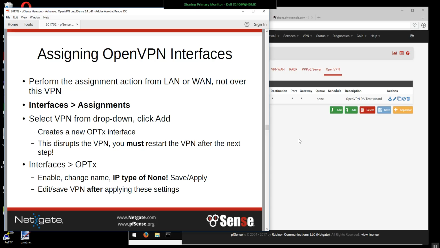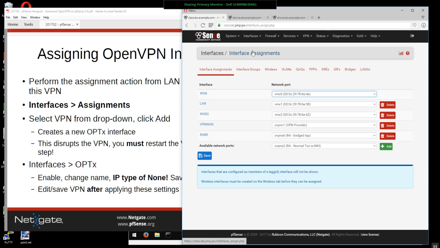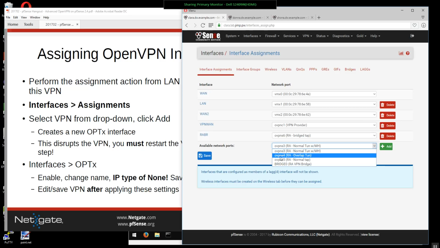So actually performing the assignment is pretty simple. You just go up to Interfaces and Assignments, or Assign on 2.3.3 or before, and you'll see your OpenVPN in your available network ports list, and it shows your OpenVPN description. So if you filled that in, it should be pretty easy to pick out which one is which. So you find it in the list, click plus to add,